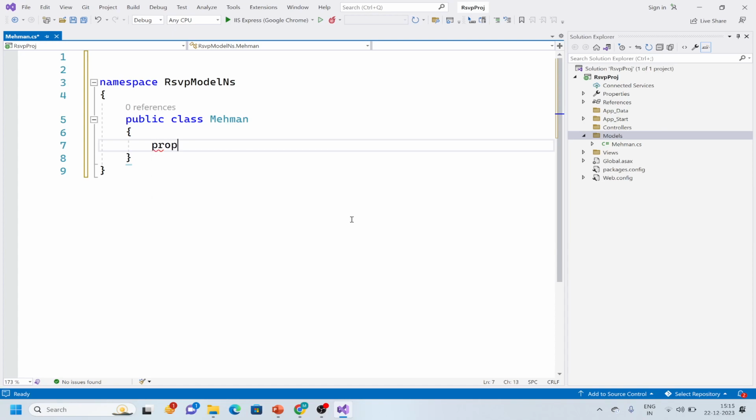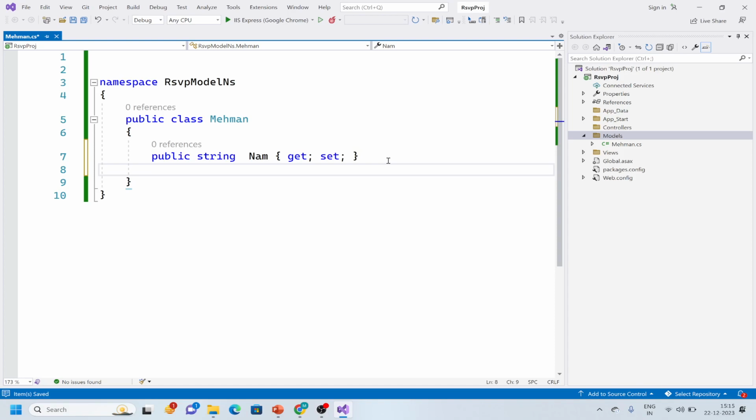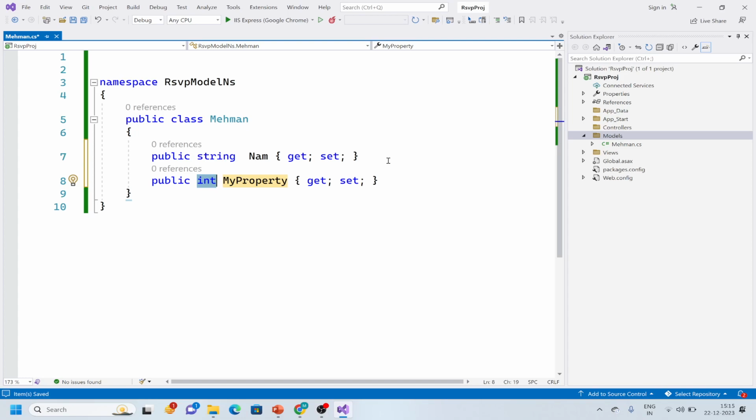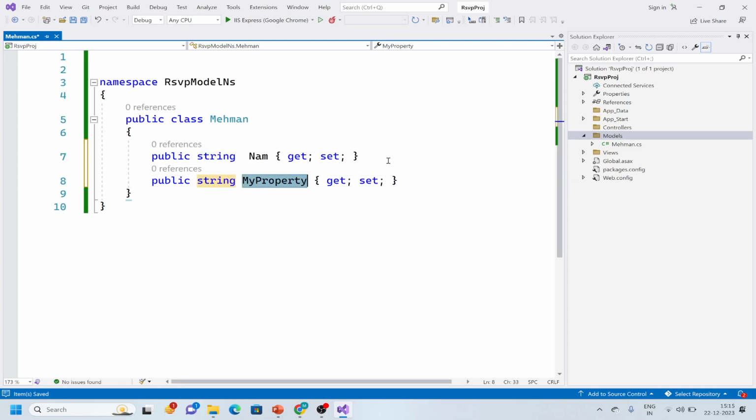Mehman के लिए क्या क्या चाहिए आपको? You want to know who the mehman is, right? So you want what? नाम चाहिए उनका. और क्या चाहिए? हाँ जी. So you want to know their city. City को हिंदी में क्या बोलते हैं? एड्रेस बोलते हैं. शहर. Okay. Then